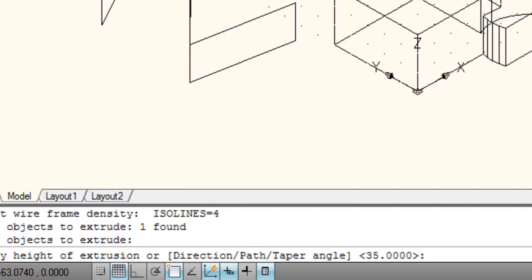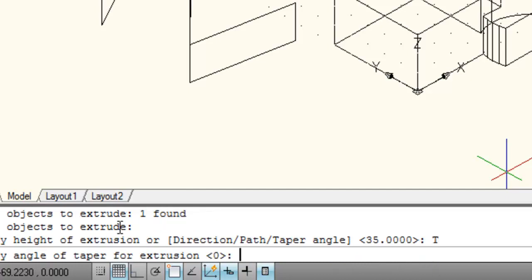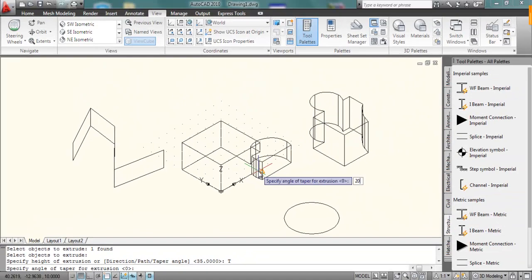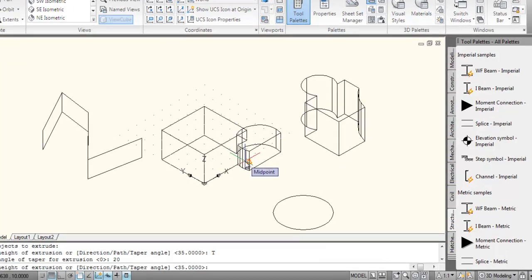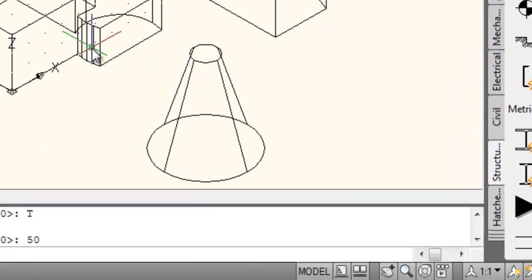Press enter. Now here select the taper angle with the help of T. Type T. Press enter and specify the taper angle as 20 and type the required height, and you can see the required output.